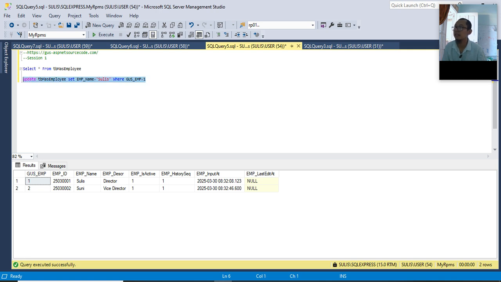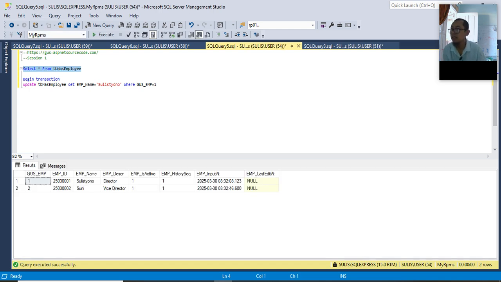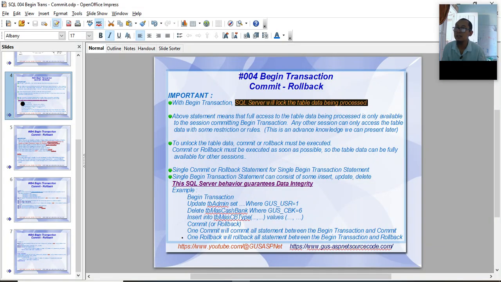Now let's update with begin transaction. The data becomes Sulisyono. But remember, I have not committed or rolled back. SQL Server will lock the table data being processed.